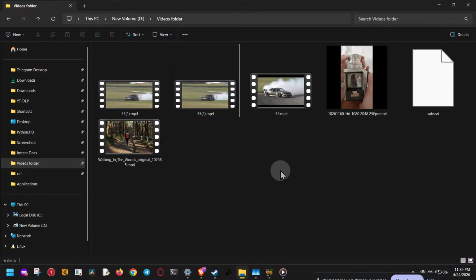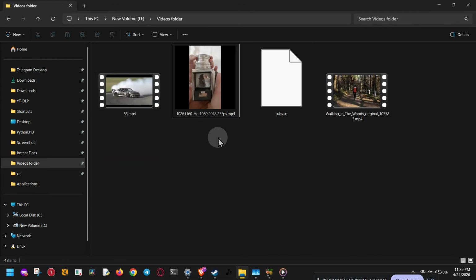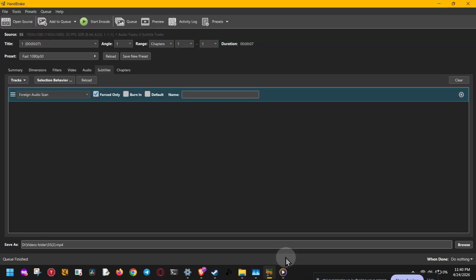If you want to permanently add subtitles to your video, HandBrake makes it simple. In this tutorial, I'll show you how to burn in subtitles so the text is permanently painted onto the video itself. That means viewers can't turn them off, which is perfect for social media, mobile playback, or devices that don't